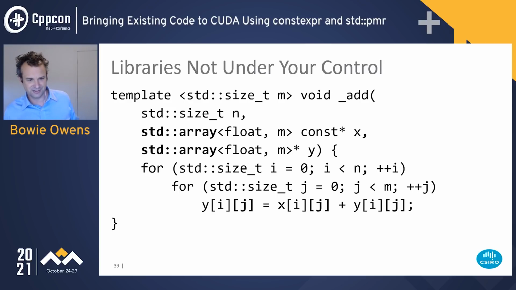Okay, so there are a couple of solutions to this problem, that you have libraries that you might not be able to change. The first, the least desirable, is that you would rewrite all of your code to not use any third-party libraries, and then you would obtain complete control over everything. The second is to switch to libraries that are CUDA aware. Now, Dennis has asked some questions about that. CUDA comes with a substantial fraction of the standard library that you can make use of. Nvidia also provides a library they call Thrust,